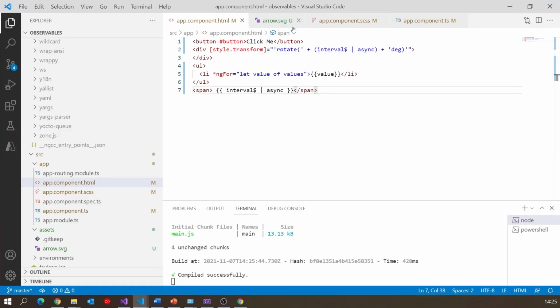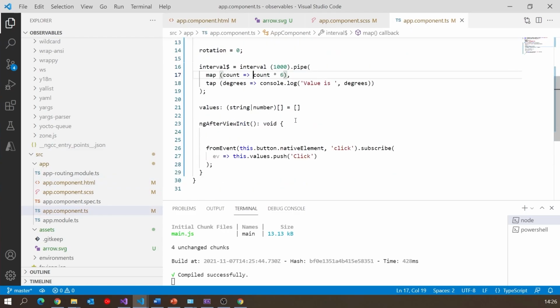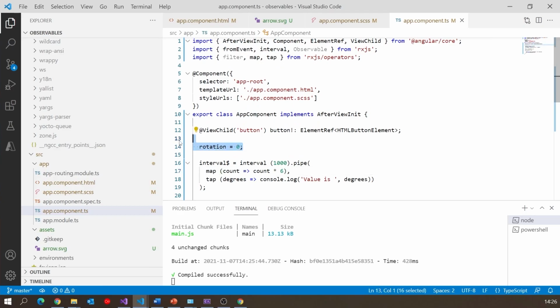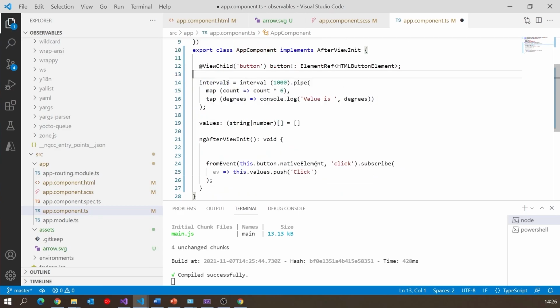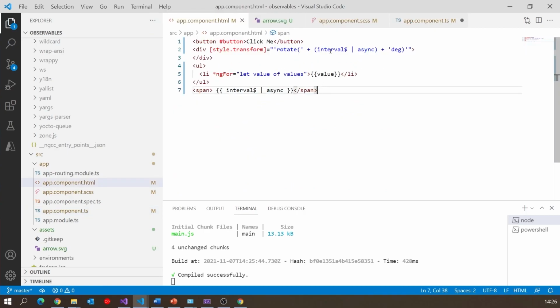And so now, when we look at that, we can see that it's now ticking round with the 6 degrees every second. Let's just do a bit of tidying up. So if we go back to here, we can now see we no longer need that rotation at all, because it's all just being done in that interval $, which is using the async pipe to bind onto what we have there.